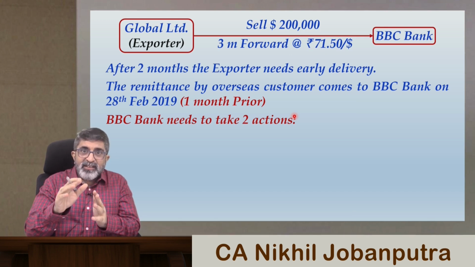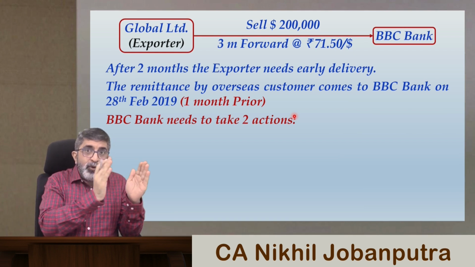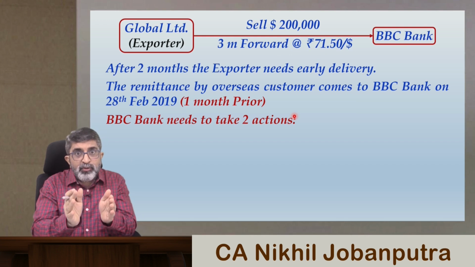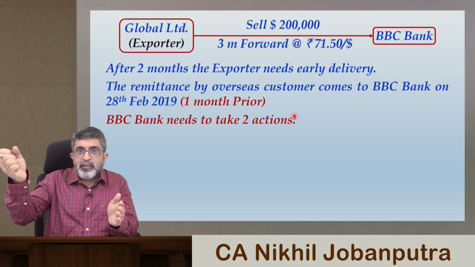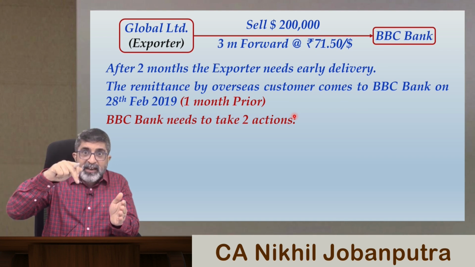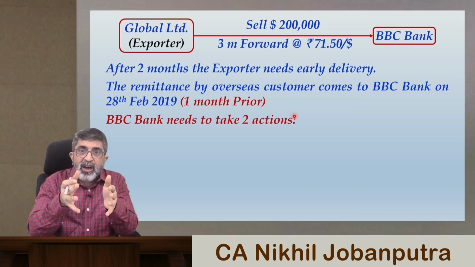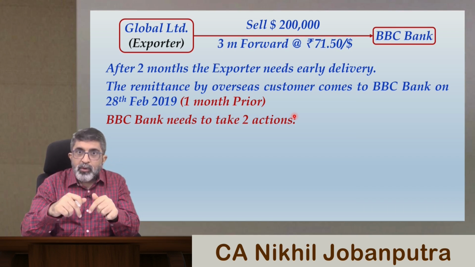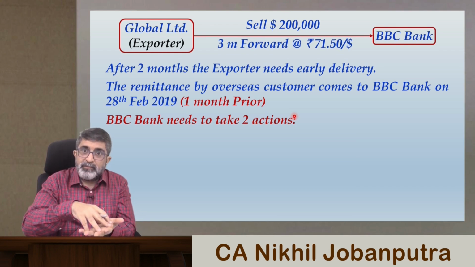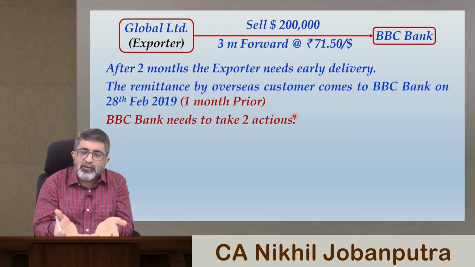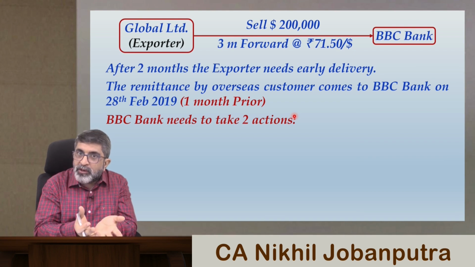The bank has taken a position in the Forex market. So if Global Limited is selling $2 lakh to the bank, the bank would have agreed to sell $2 lakh in the Forex market, and that is supposed to happen on 31st March. But the bank has received the amount of US dollar now. So the bank will have to sell that in the market as spot, because the bank will not be holding that $2 lakh. What will the bank do with that unnecessary quantity of dollar? The bank will sell it spot.